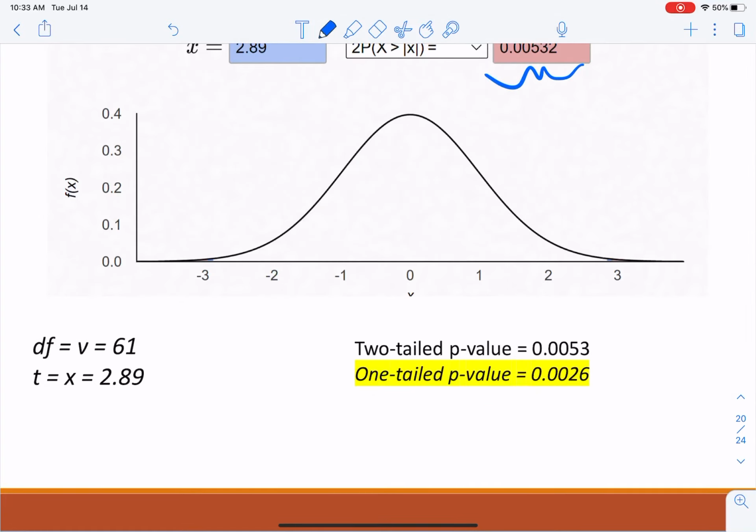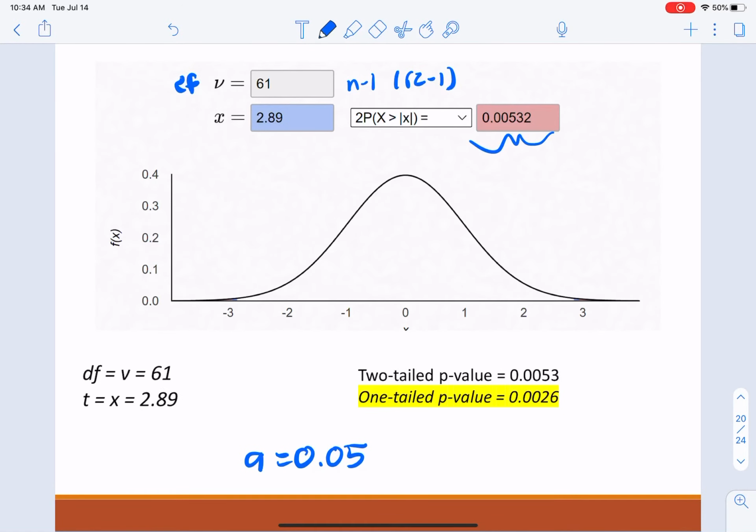So here's the kind of deal too. If you have a two-tailed p-value that is already less than alpha, right? So in this case, 0.05. And here's another thing too. Our alpha is 0.05, right? This here is 0.005, so it's much less, right? So the deal is, if your two-tailed p-value is already less than alpha, that means your one-tailed is also going to be less than alpha, right? Which is great, okay? So the p-value in this case for our specific research question,